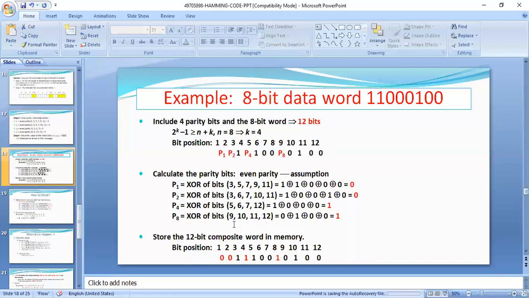After placing these parity bits in these positions, the total code word looks like this. This total code word is called the Hamming code word. The Hamming code here is a 12-bit code, with 8 message bits and 4 parity bits. The red marks represent parity bits, and the remaining bit positions are message bit positions. So this is the generation of the Hamming code word, and this process is done at the transmitter.